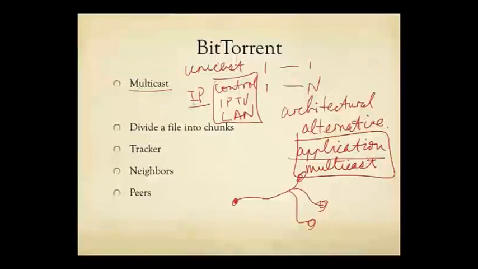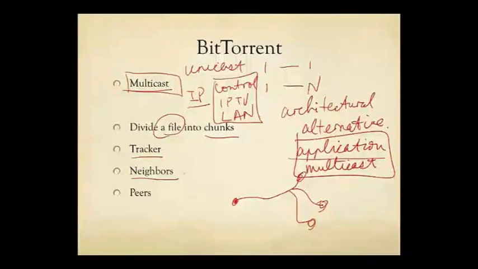Now, some say IP multicast would have been a more efficient solution, but it does carry the price of managing the overhead. So BitTorrent is an application layer multicast, and the key idea is to divide the file we're going to share, whether it's a text or a movie, into many smaller granularity units called chunks. Then the tracker will see which peers possess the chunks that you need, and give you a list of what we call neighbors.